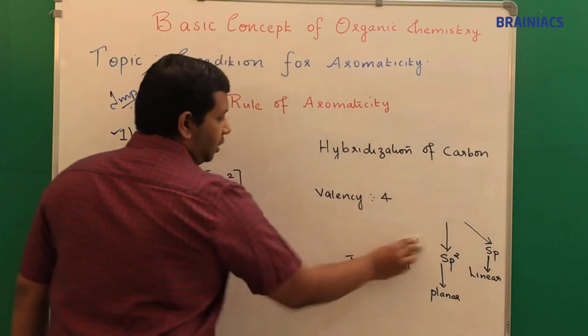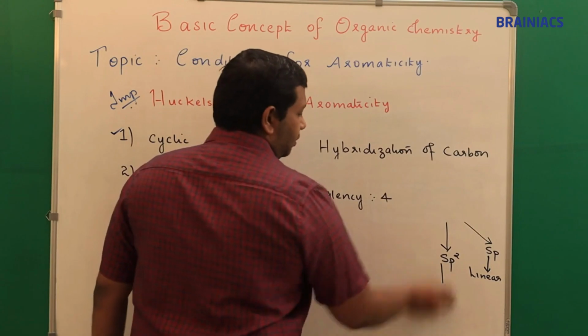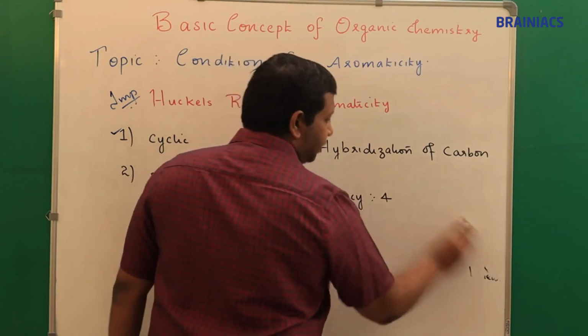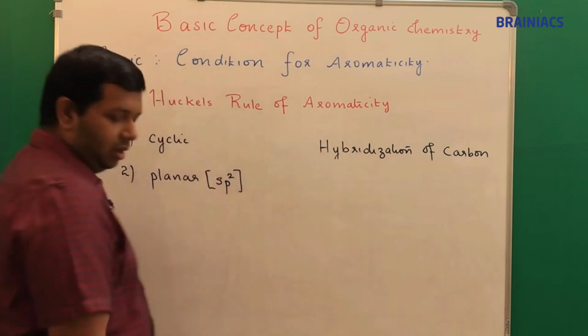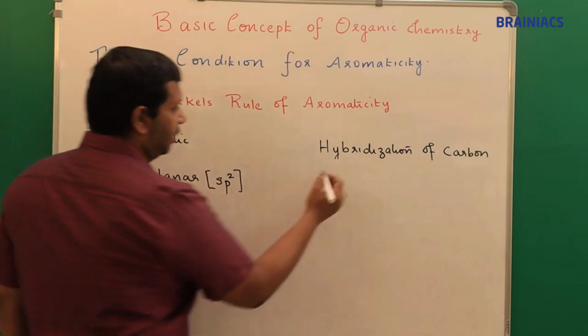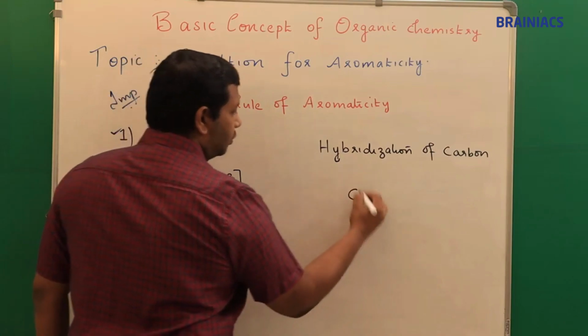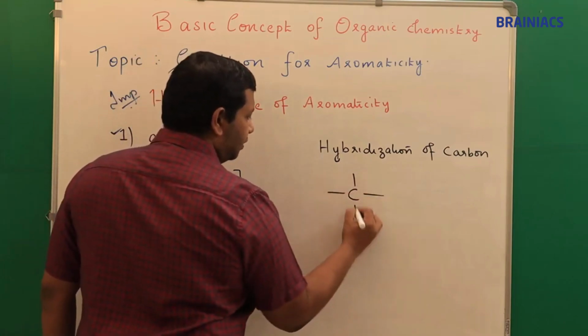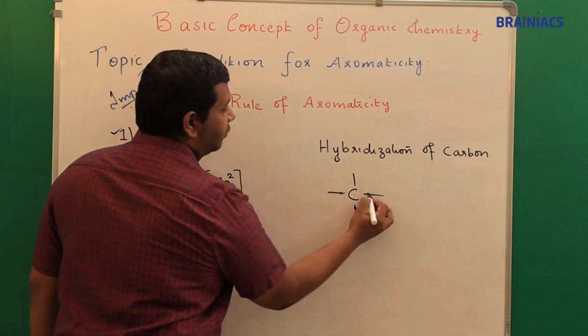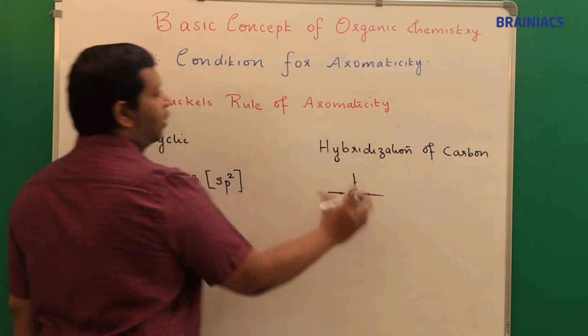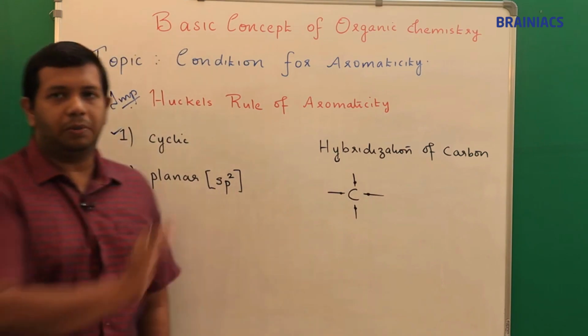So I hope you got a little bit of understanding. Hybridization is a detailed topic that will be handled in the chapter on chemical bonding. Now I can say carbon has the valency 4. I know that one electron is with the carbon. Now whenever it forms bonding with the other one, it will get one more electron and the orbitals will get